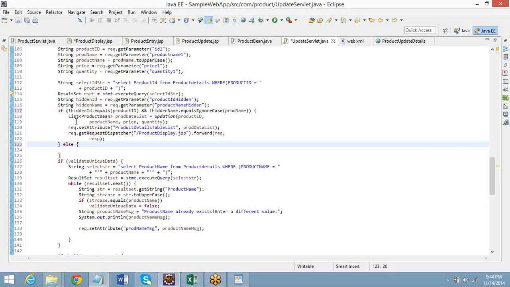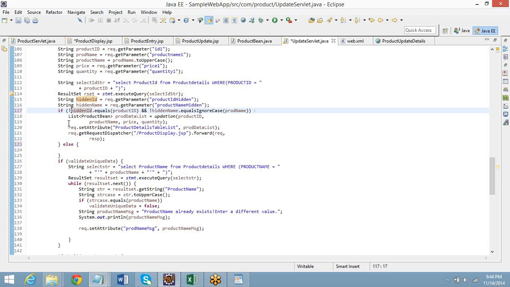Wait, I just wanted to know, how does this signify? If not, that means if the hidden value and product ID are equal, then only we have to go for update, right? Yeah. So we remove that. Yeah, remove the condition.